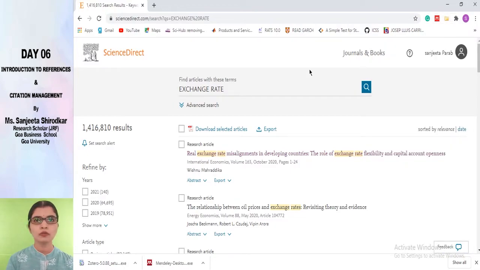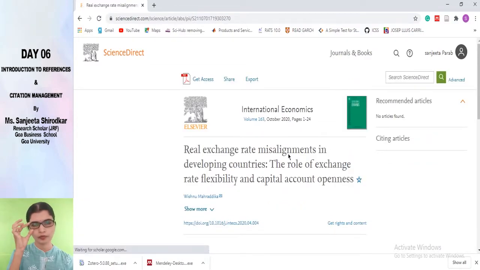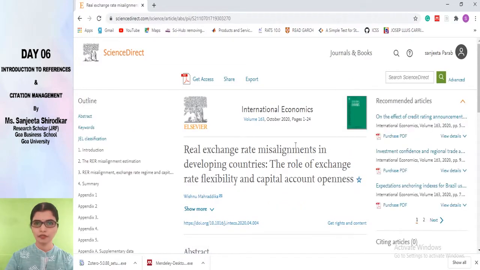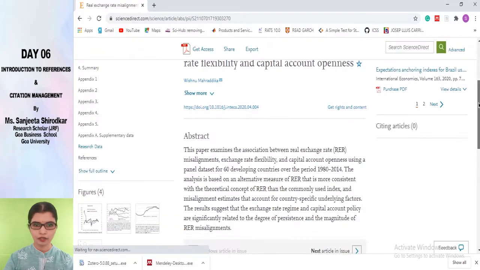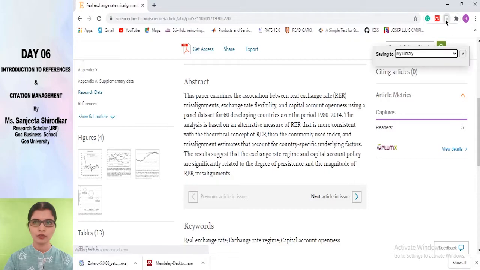Now if you don't want to perform that type of blind way of collecting the literature, click on any particular article that you want to read carefully and go through the abstract, and only if you find it appropriate, then you take it from here and collect it to your reference list. Then here again you click on the Zotero icon, it will be saved here.